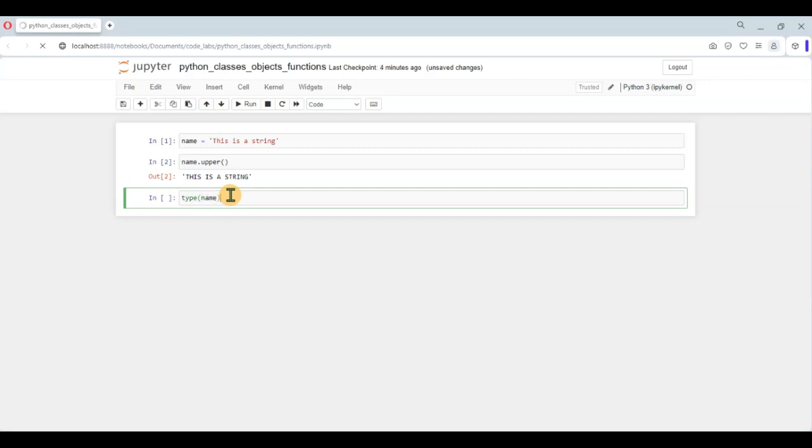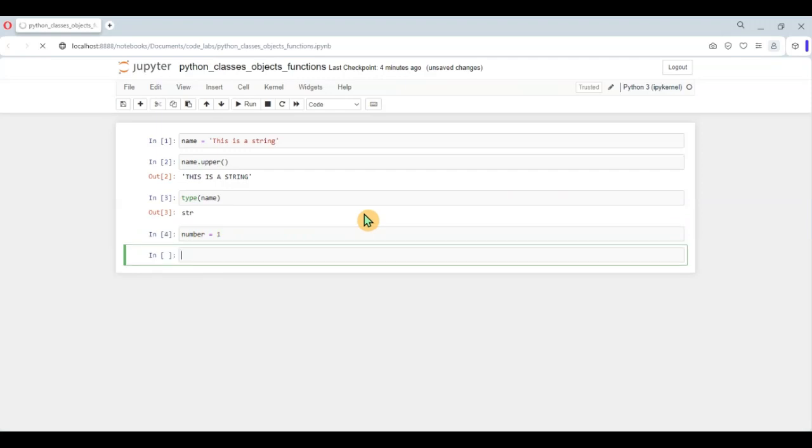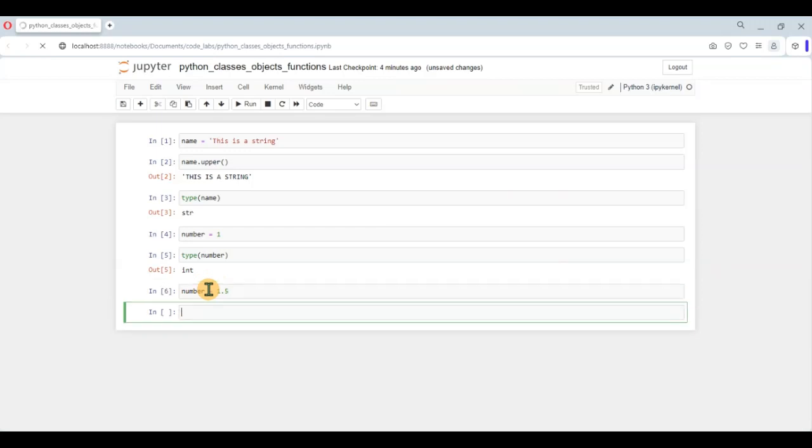It is showing string. Same for integer. If I assign a number and I run this and find the type of number, it will show me an integer. Similar for float. I can assign another floating point number, and if I do type of that, it will show me